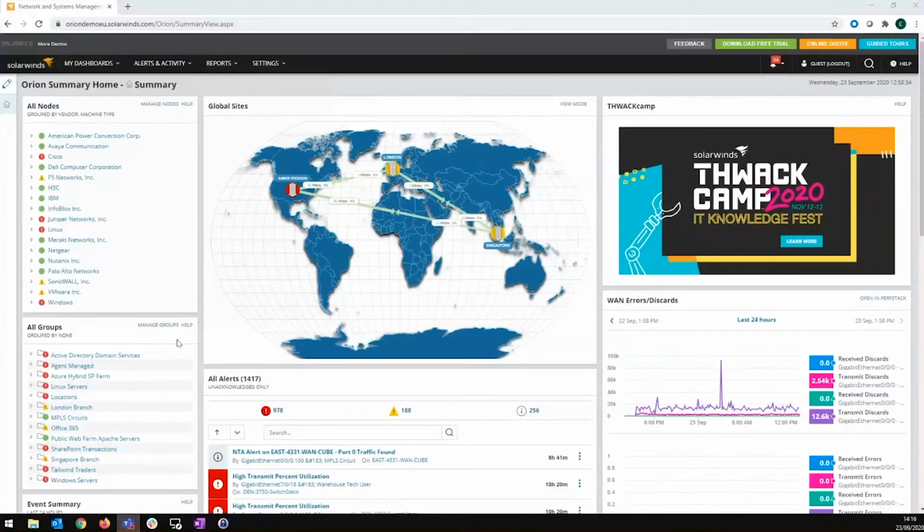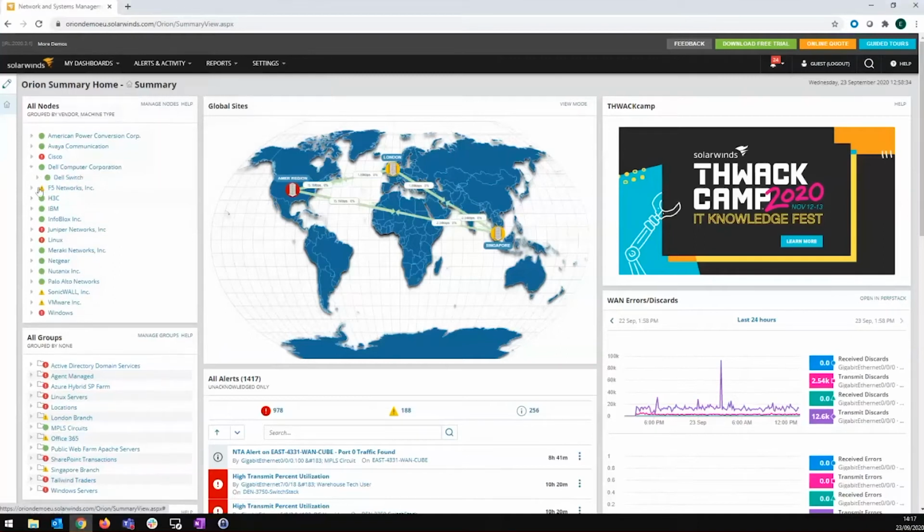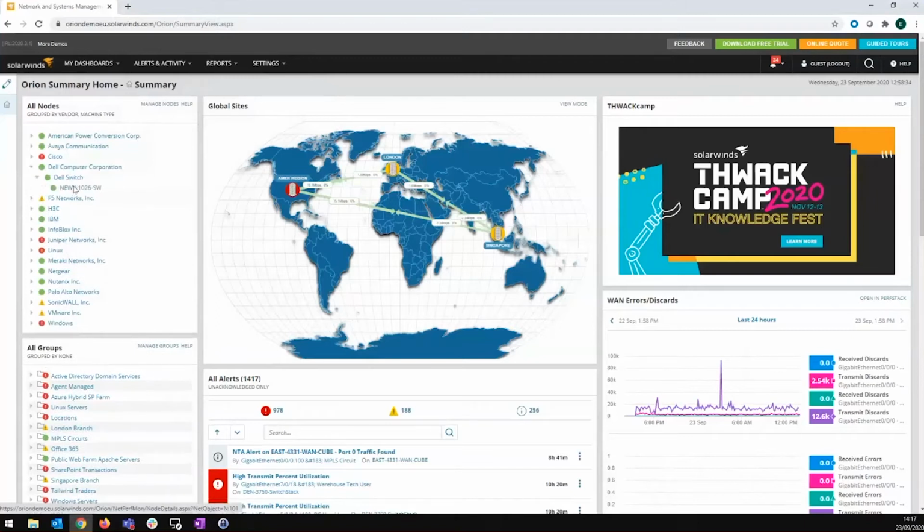Unfortunately, in regards to today's webinar, it looks like our demo team took most of the network and server HPE devices into maintenance. So for the purposes of showing the monitoring capabilities for servers and networks, I'll have to use Dell devices for now, because for HPE we offer essentially the same set of capabilities out of the box as we do for Dell. So starting with network devices and how to monitor network devices,